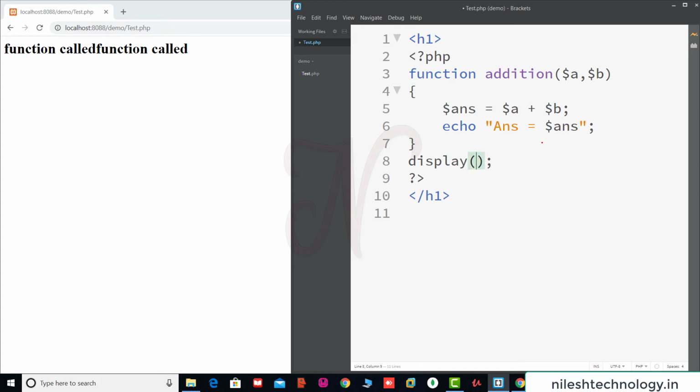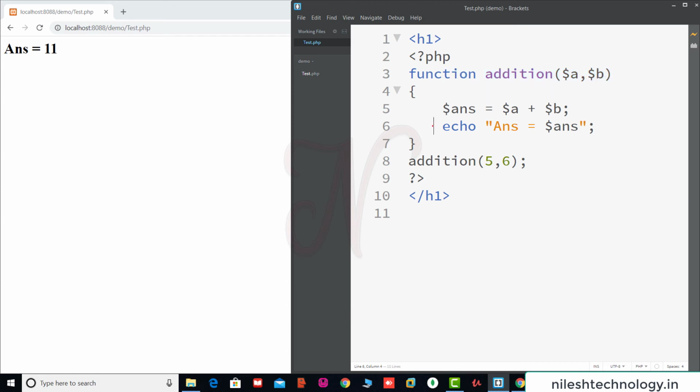So my function is addition, and we pass the two parameters 5, 6. This 5 value is copied to the first parameter a, and 6 value is copied to the second parameter b. So a is 5, b is 6. So 5 plus 6 is 11, and this is stored in the answer variable, and here we print your answer $ans. So this is your answer, 11. So this is a function parameter.